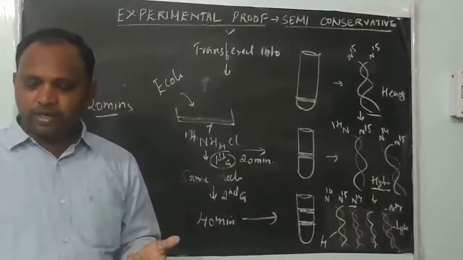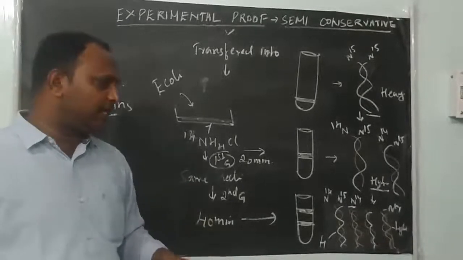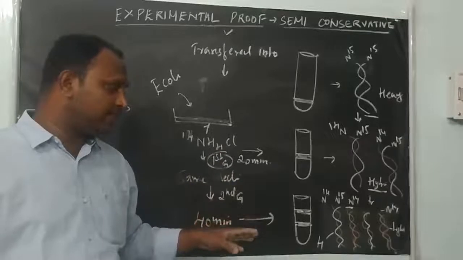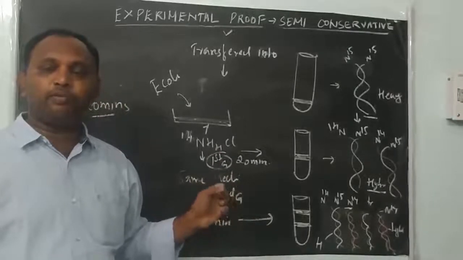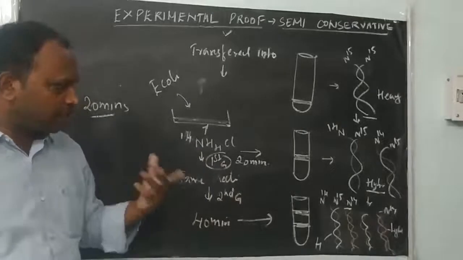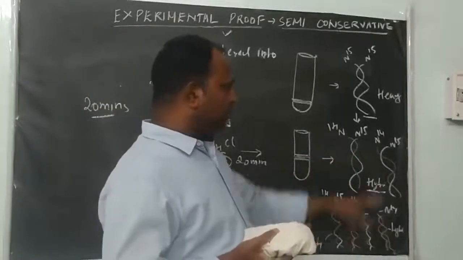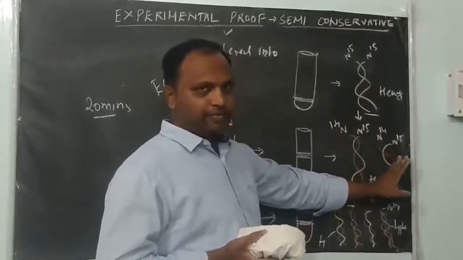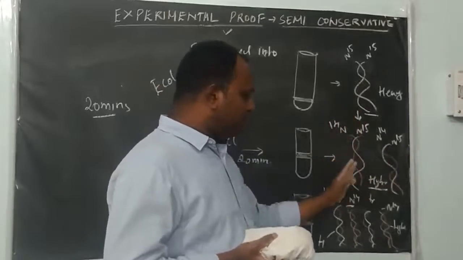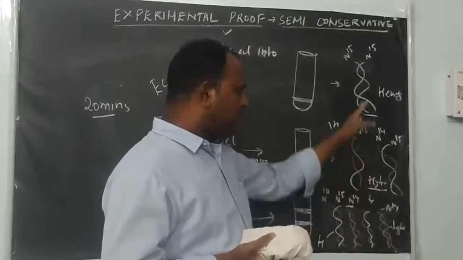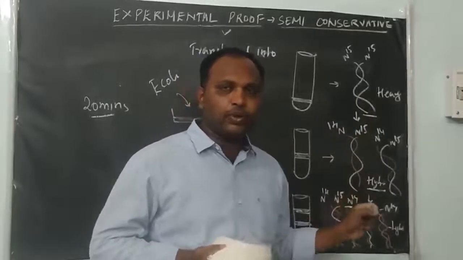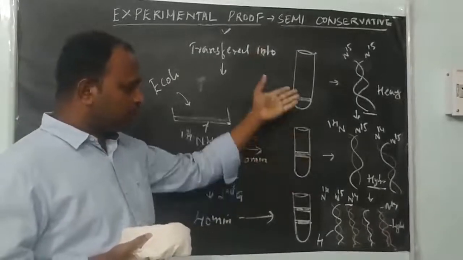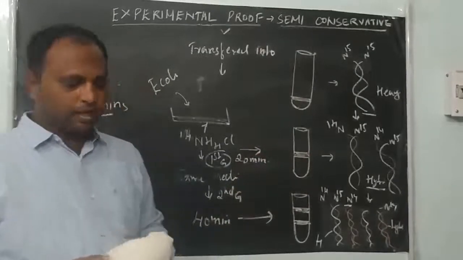The amount of hybrid DNA keeps decreasing. Why is the amount of lightweight DNA increasing? Because of the semi-conservative mode of DNA replication. If it were conservative, one molecule would be completely parental heavyweight and another one lightweight. We would not get hybrid. The hybrid is reduced because of the semi-conservative mode of DNA replication. That is the reason it keeps reducing like this. Are you clear with this?